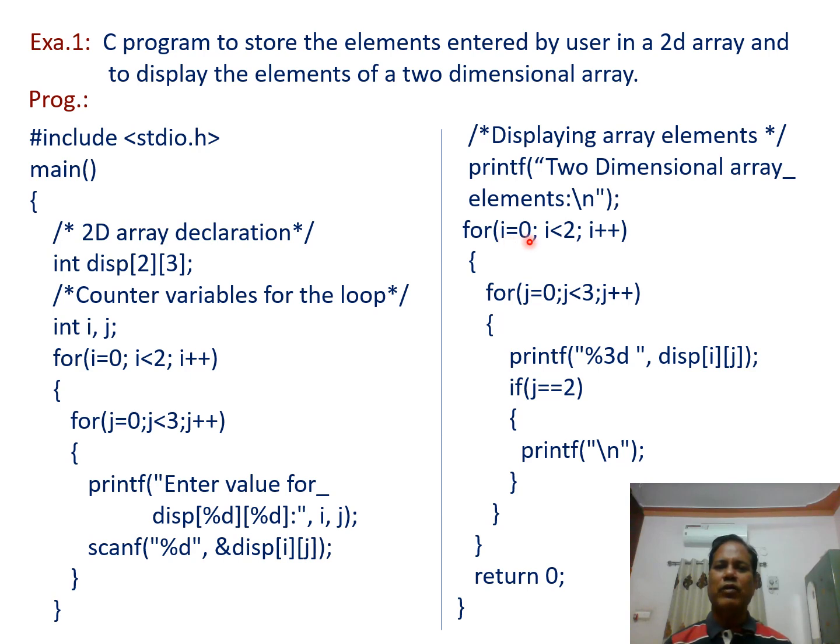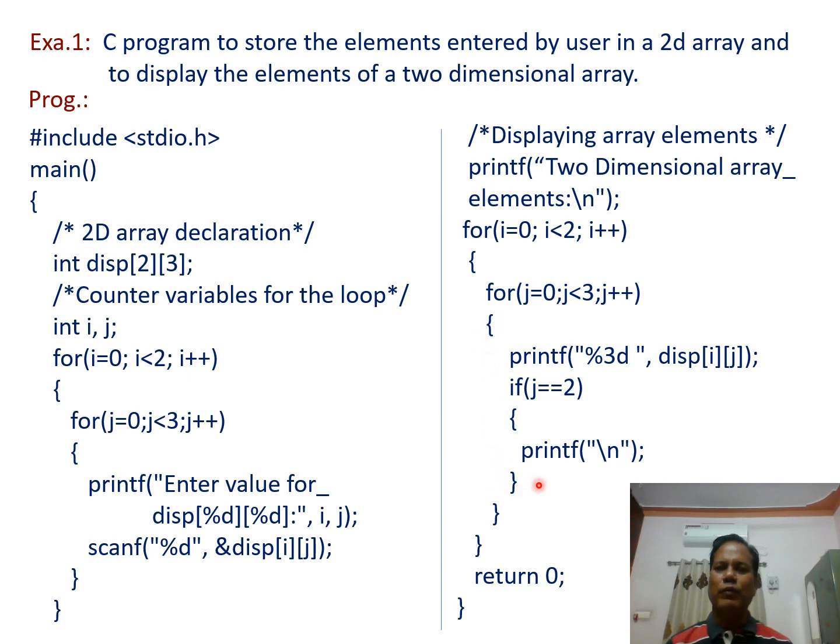So the first time, i equal to 0, the condition is true, the body of the outer for loop is executed and all the data corresponding to each column is displayed, and then the next row's data are displayed in the next row. For displaying the first row's data, the condition is true. Then when we execute the body of the outer for loop, we have for j equal to 0, 0 less than 3, the condition is true. Then the body of the inner for loop is executed.